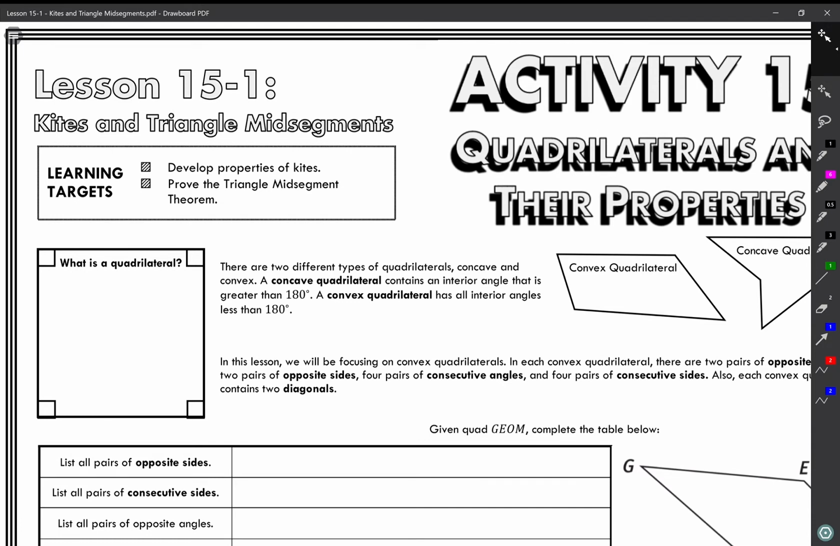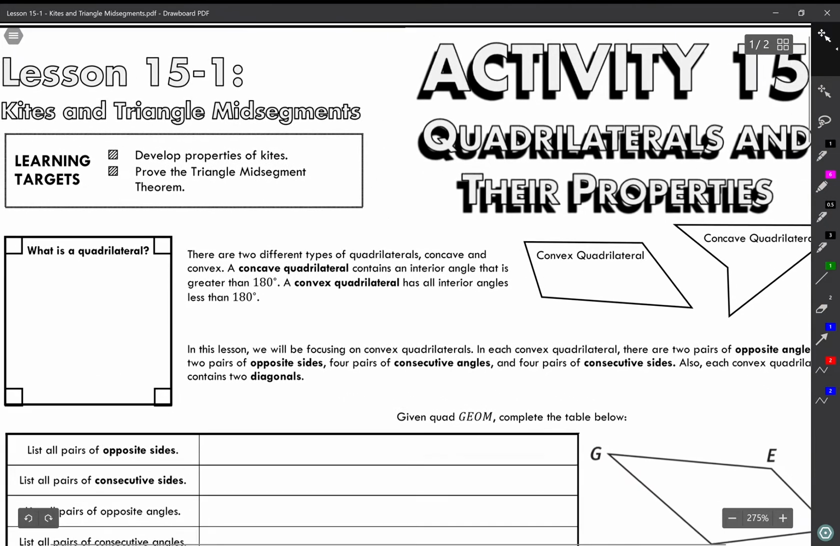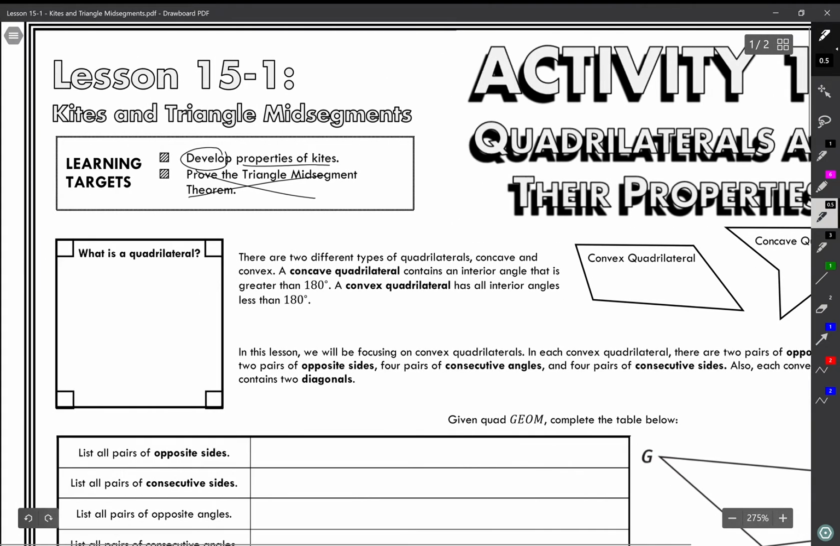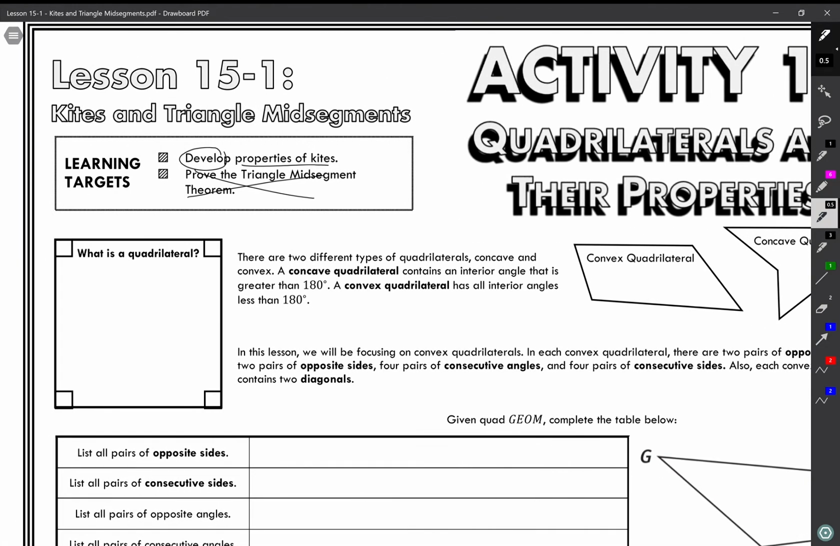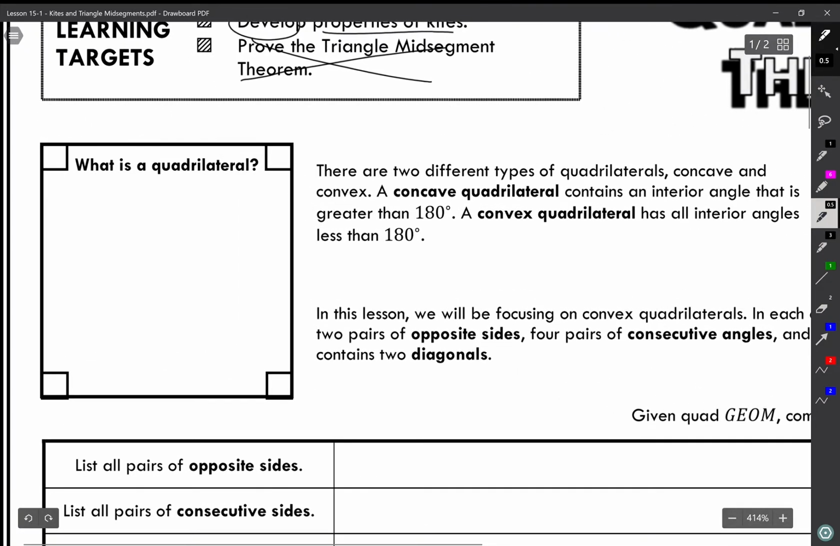Our learning targets today are to develop properties of kites, and then we're not actually going to prove the triangle midsegment theorem. We're just going to introduce it. Okay, so kites and triangle midsegments. First, before we even get to kites and triangle midsegments, we want to just talk about what a quadrilateral actually is. So a quadrilateral is a